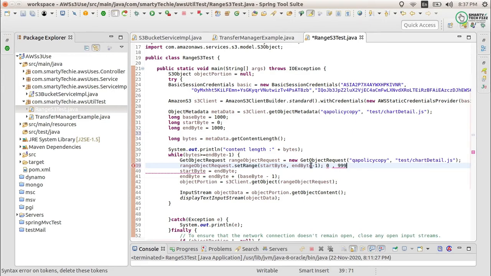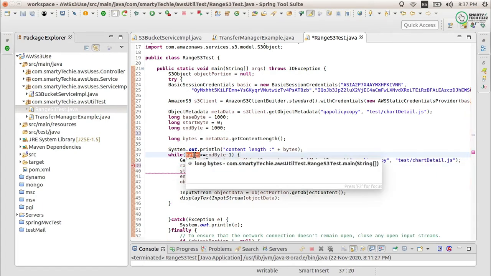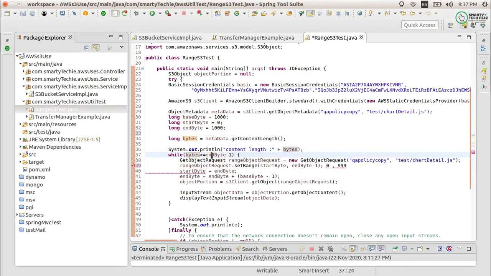That's why we have to put it into a loop. It should run as long as the total bytes is greater than the end byte. Firstly it runs from 0 to 999, then it will run from 1000 to 1999. It will go on until the end byte is smaller than or equal to the total bytes.